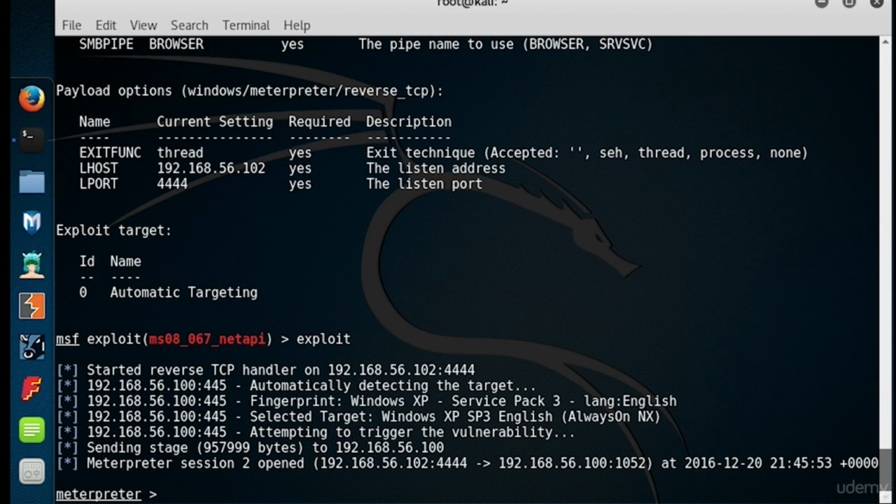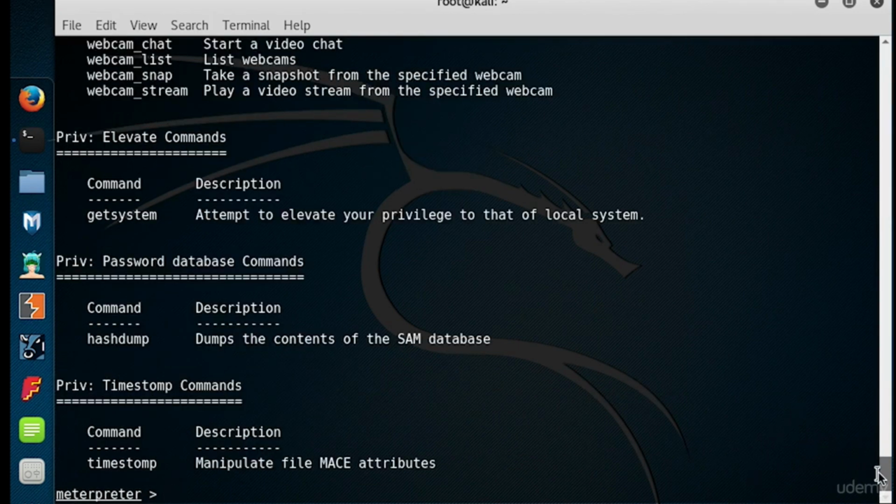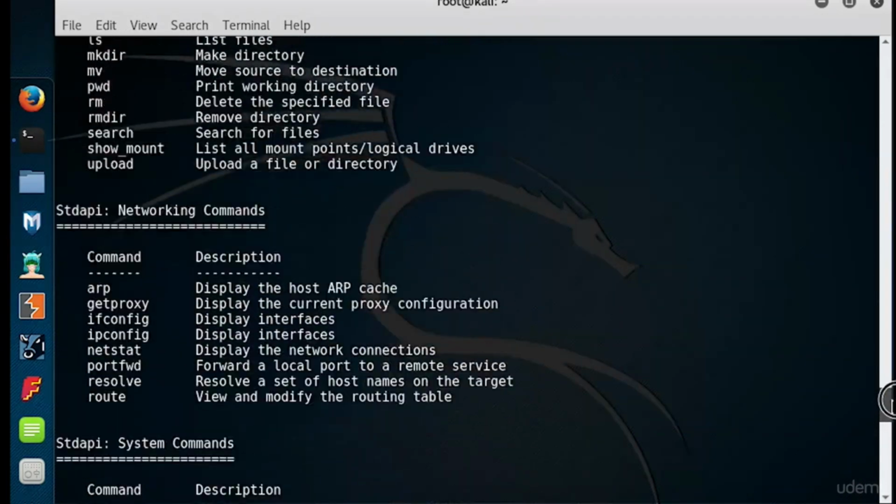Now the reason why is we're not actually using the Windows command prompt. We're using Meterpreter as our shell. Now Meterpreter is great. It has a lot of capability. In fact, I'm going to go through a couple of them with you real quick. What we're going to do is start out with the question mark, which tells us all the things we can do. So if we scroll up here to the top,